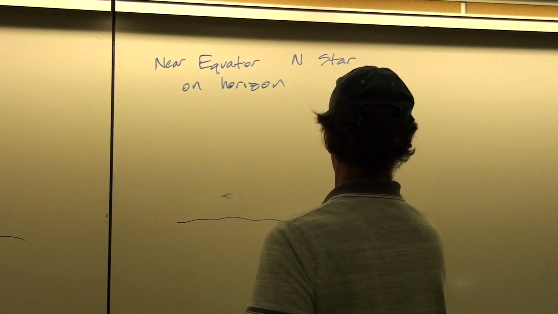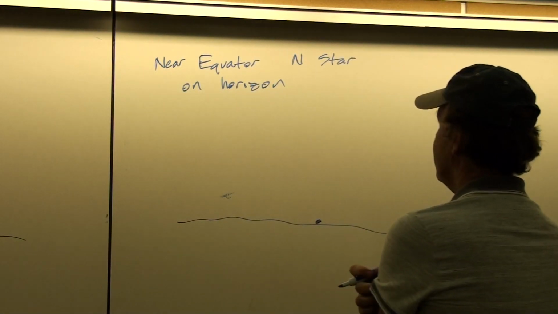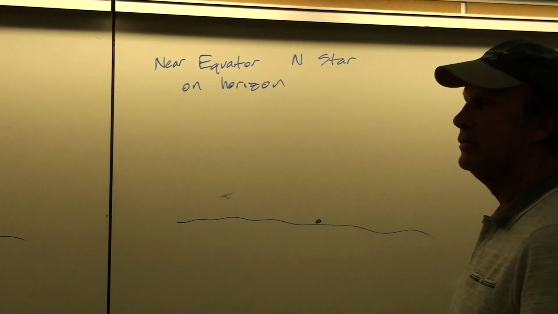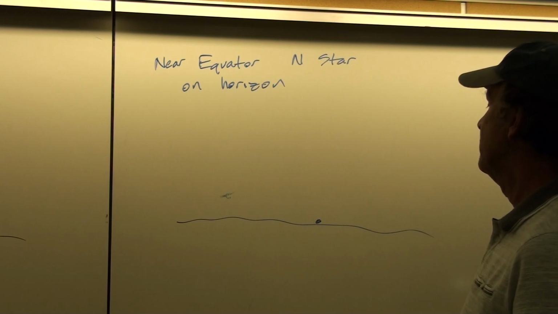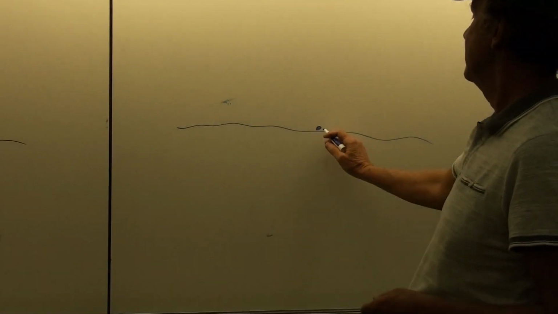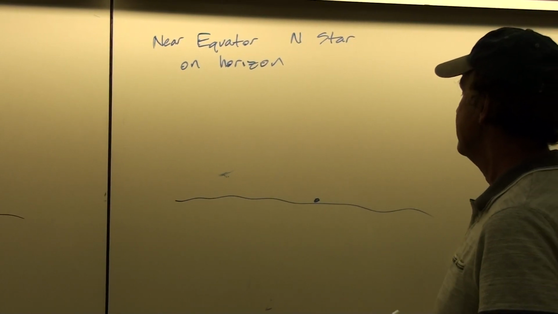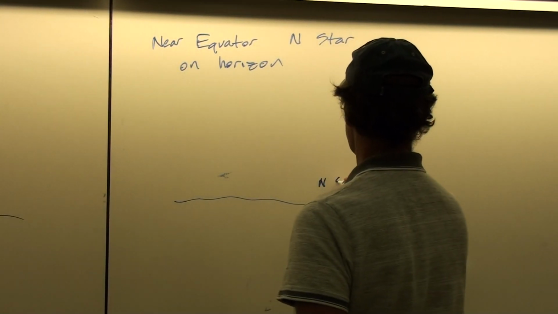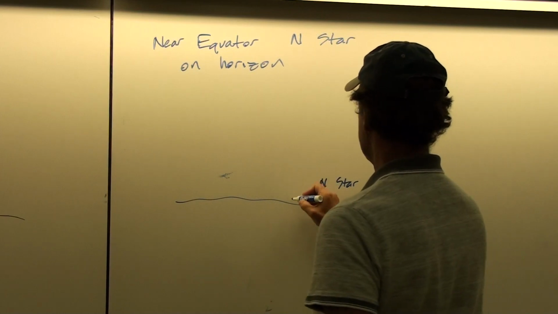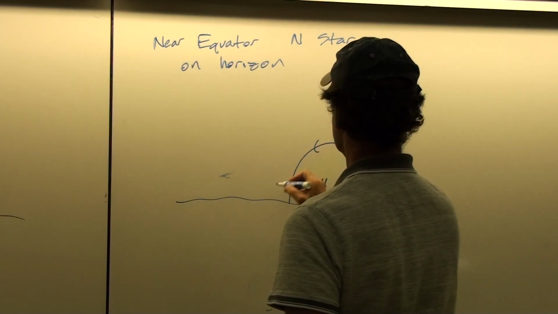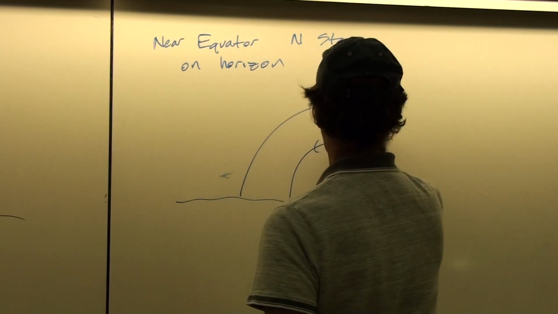Imagine that this is the North Star here. And of course, you'd need to have a good horizon view. If you had trees in your way or mountains or whatever, then you wouldn't be able to see it because it would be below the horizon. But with a good horizon view, here's the North Star. We'll follow that same pattern of the stars describing counterclockwise circles about the North Star.